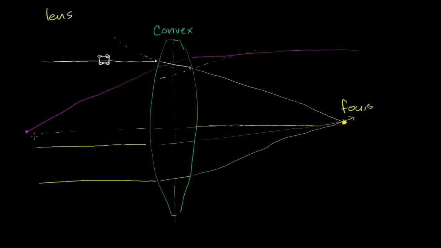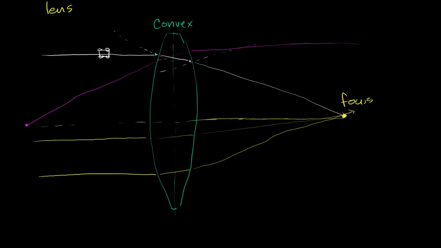And so you actually have two foci for a lens, two actual points where if parallel rays are coming from one side, they'll be focused on the point on the other side. If parallel rays are coming from the left side, they'll be focused at the focal length or at the focus point on the right-hand side. And this goes the other way around. Let me draw another